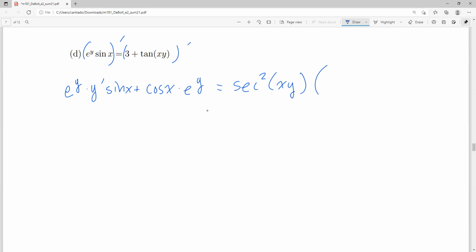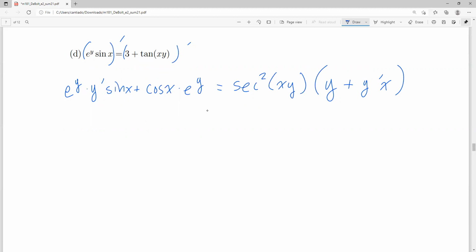So the derivative of x times y is product rule. So the derivative of the first is 1, so 1 times y is y, plus derivative of the second. So the derivative of y is y prime times x. And make sure you put that whole thing in parentheses, right? That whole thing is the derivative of the inside, which needs to be multiplied to the derivative of the outside,